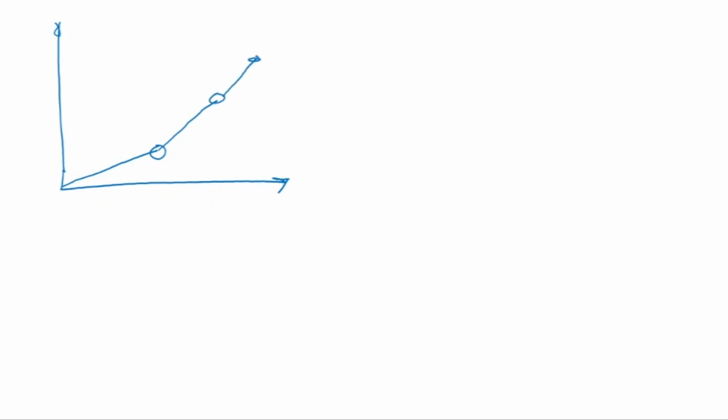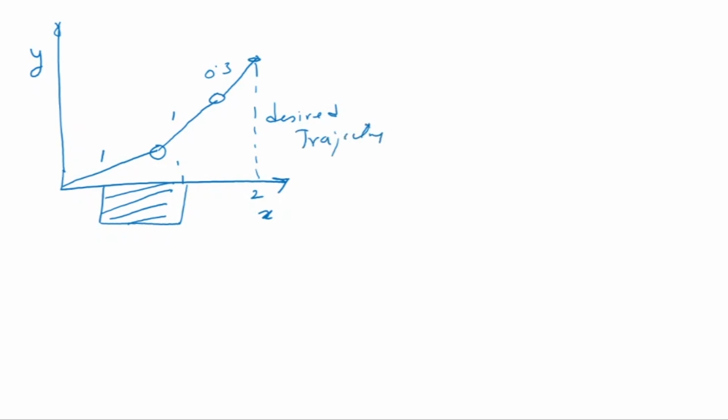And there is an obstacle here. And what is the task? The task is this manipulator should move down like that. This is my x-axis, that's my y-axis. Let's say this is 1, that is 2. Link length is 1 and 1, this link length is 0.3, and this is my desired trajectory. Let's say this is 1 unit here.